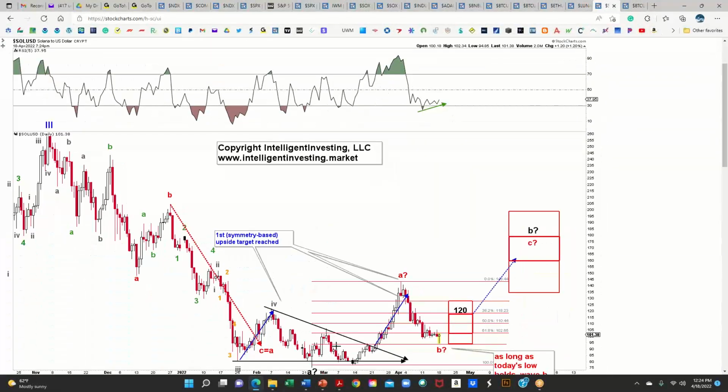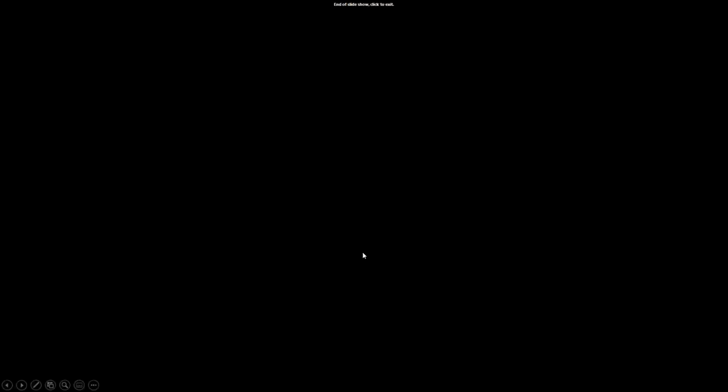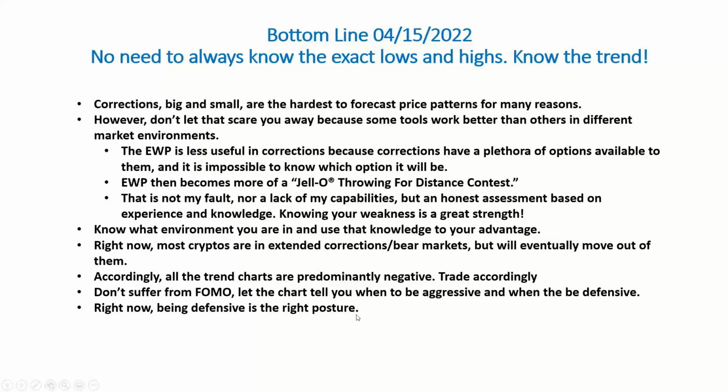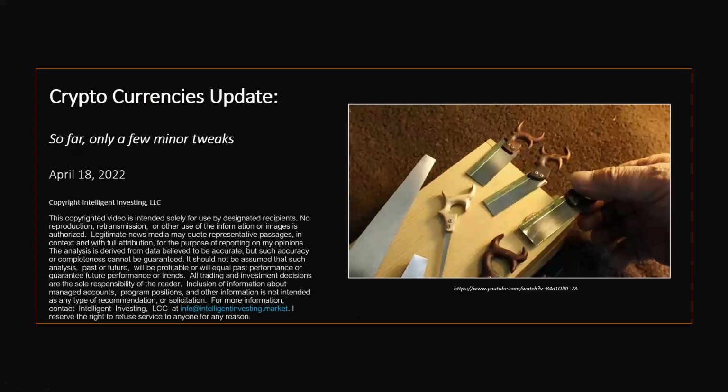So really, that is all there is to it for today. I think the short term starts to look better. I didn't update the summary slide. It's minor tweaks, as I said. So everything is aligning very nicely. As long as we can hold today's lows, we can start looking for bounces to develop. I still have this bearish count on Bitcoin and Ethereum. It remains my preferred view because we had this impulse lower.